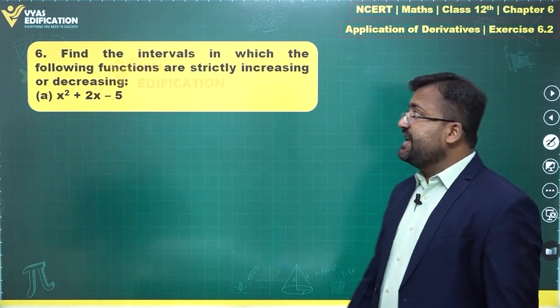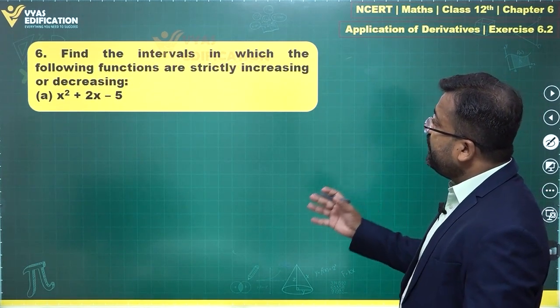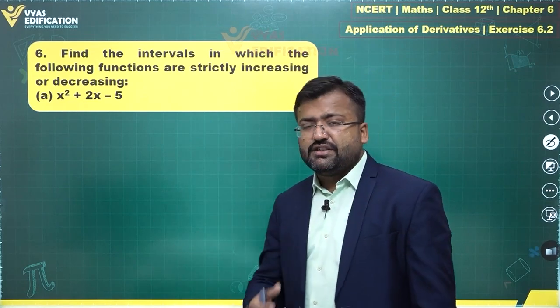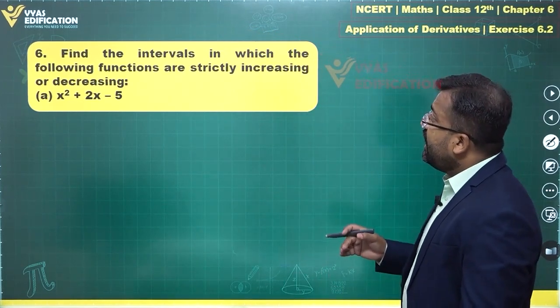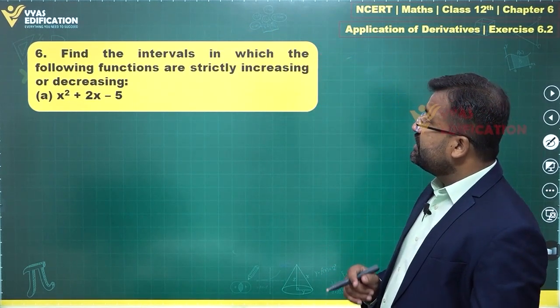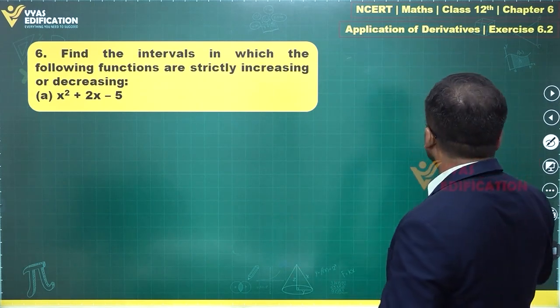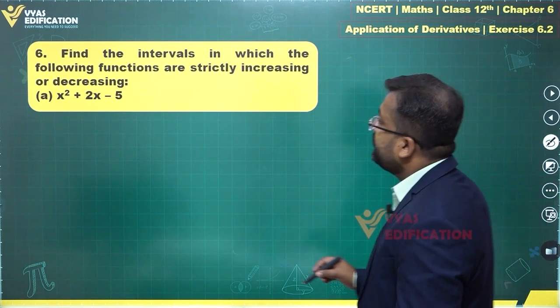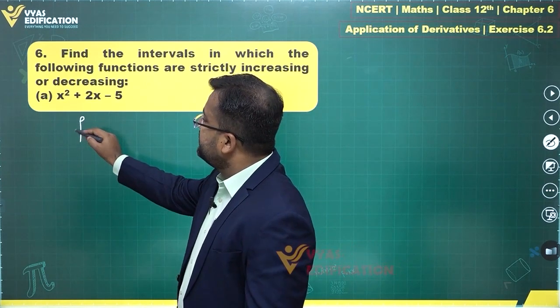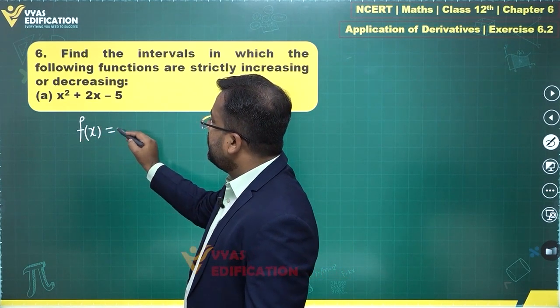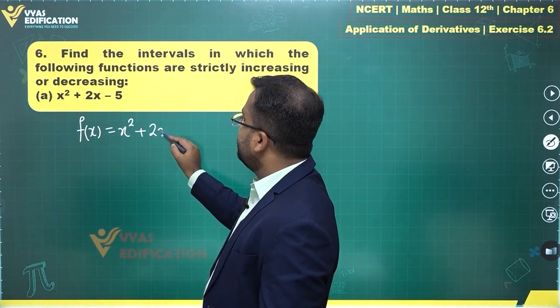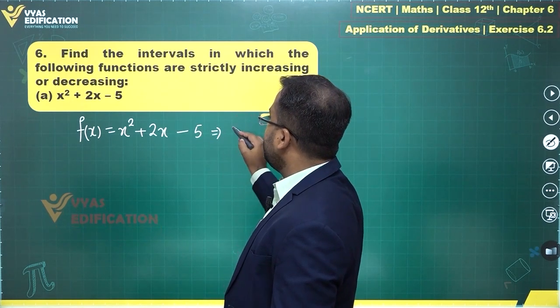The sixth question says, find the intervals in which the following functions are strictly increasing or decreasing. There are some parts to this question. That's what we are supposed to find. So, let's call this function f(x) equals x squared plus 2x minus 5, which gives me